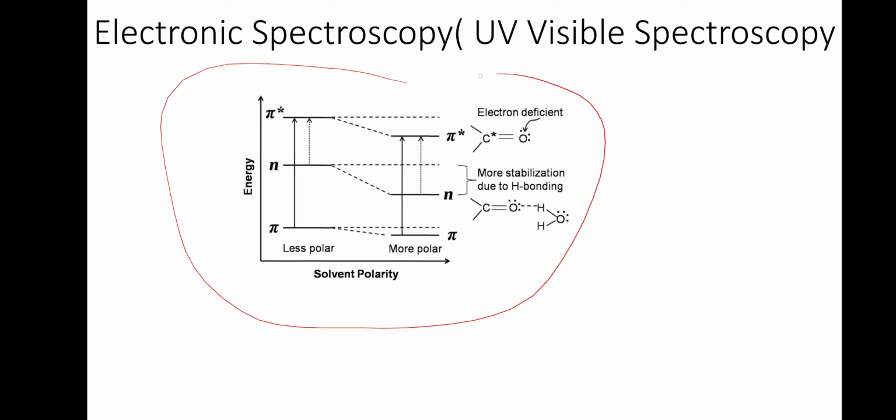This is the picture together. So this is the ground pair. For the n to pi star transition, this is pi, n, pi star. n to pi star is this to this. So this shifts more in the case of a polar solvent. When you compare here, this will be large, so it shifts to the shorter wavelength. Here this will shift less, and this will shift more. So this change will become small, so it shifts to the longer wavelength. Okay, that is all. Thank you.